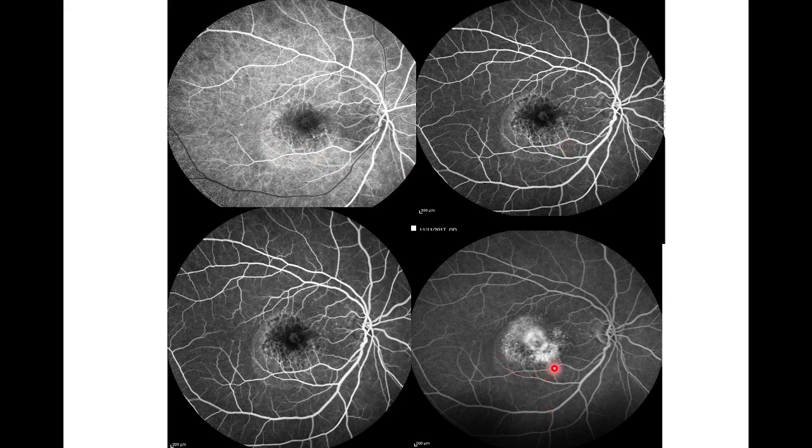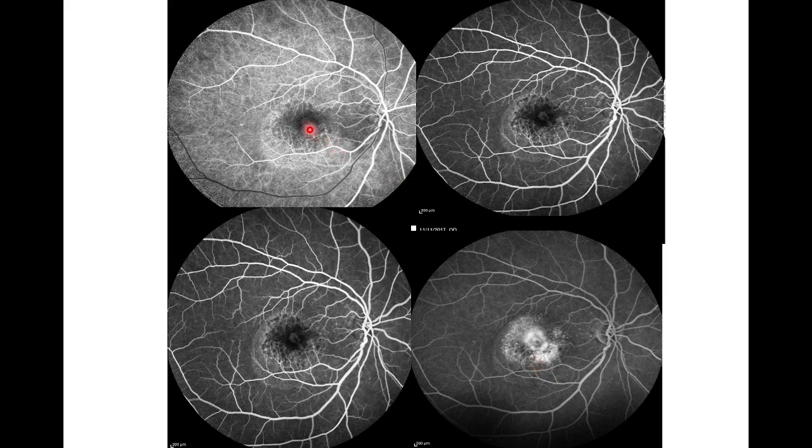Okay, number one. Next, we can see the hyperfluorescence concentrated in this area. We can see multiple hyperfluorescent spots in this area, which persist in the late phase. You can see here this hyperfluorescence. Multiple hyperfluorescent areas persist in the late phase. This is suggestive of staining of the drusen. Staining, because we can see the hyperfluorescence here which persists in the late phase, suggestive of staining due to the drusen.